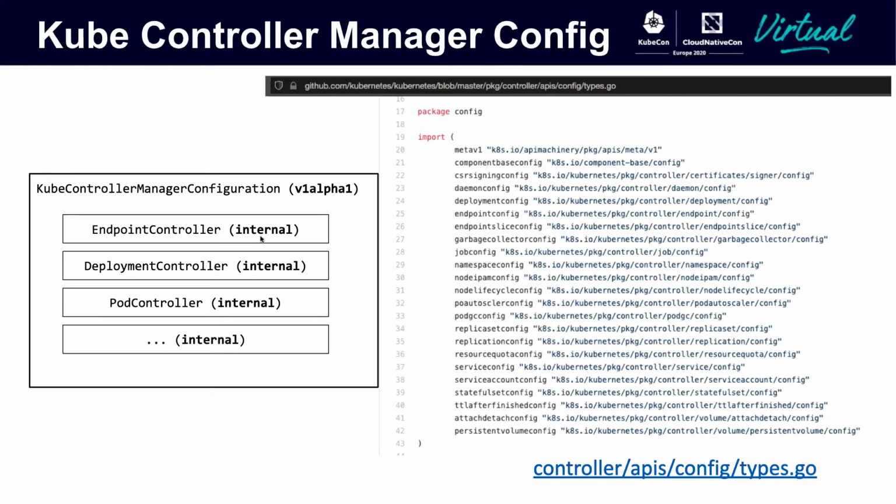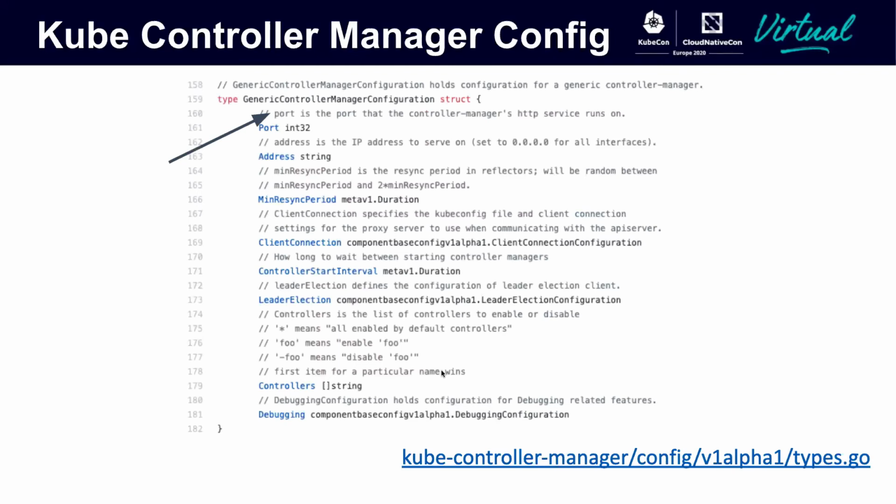So we have one container type, and this is one version, but it embeds all the configurations of all controllers. So if anything changes here, it goes into the same version of this. So we basically version it more or less in lockstep, although these are all internal. These are not really externally versioned. And if we go into any specific controller configuration, we don't see a type meta here, indicating this is just an internal API.